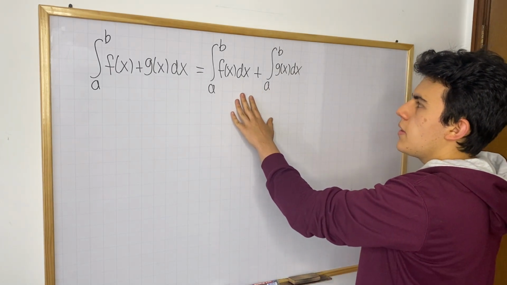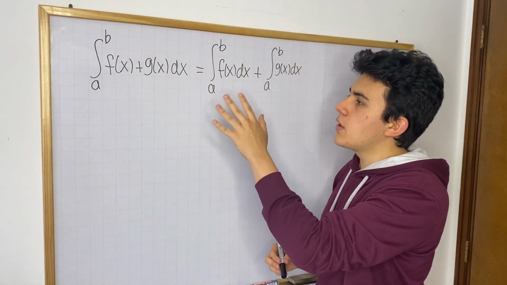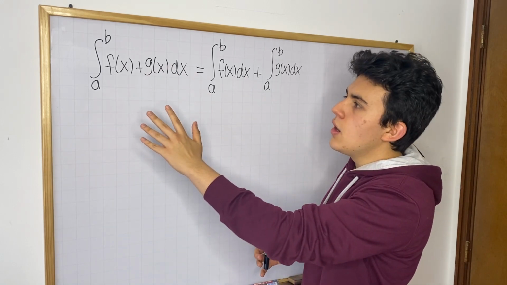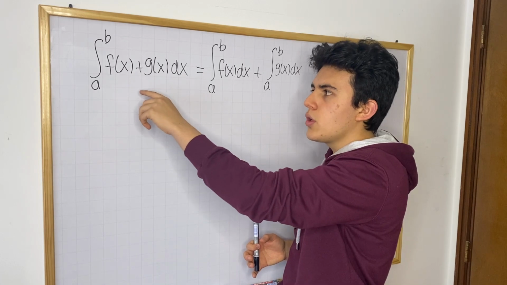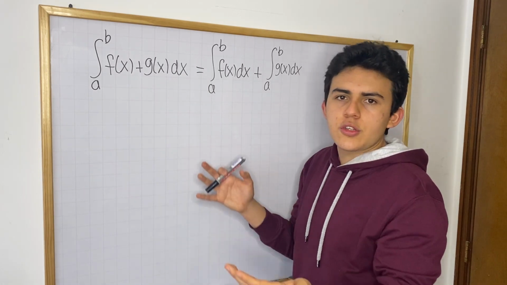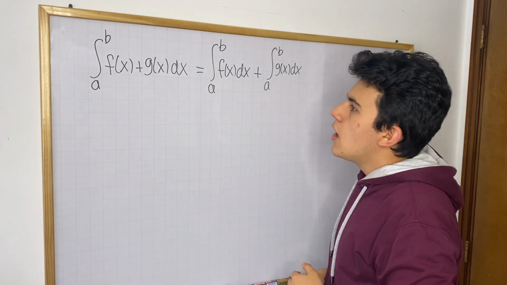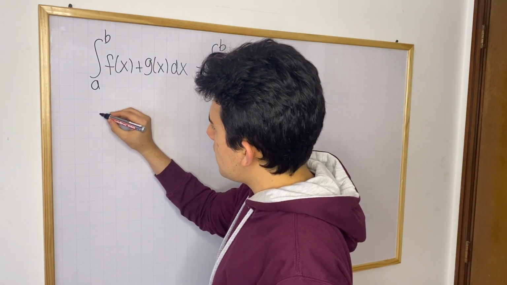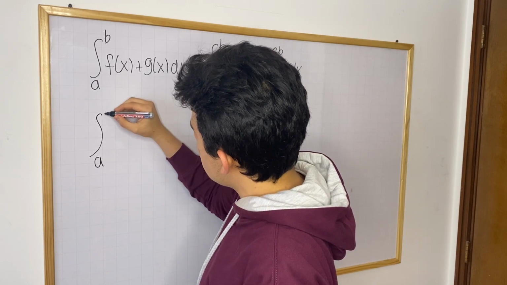So this is going to be the first property, and this property is really useful because a lot of functions that you'll encounter in calculus are going to be polynomials, okay? So if you have the definite integral of a polynomial, just take the integral of each term and that's it, okay? So now another really good property is that if you have the definite integral from a to b, this